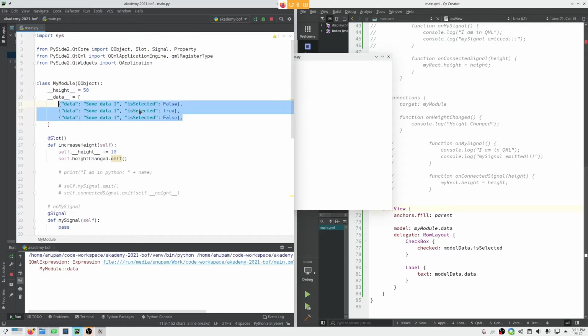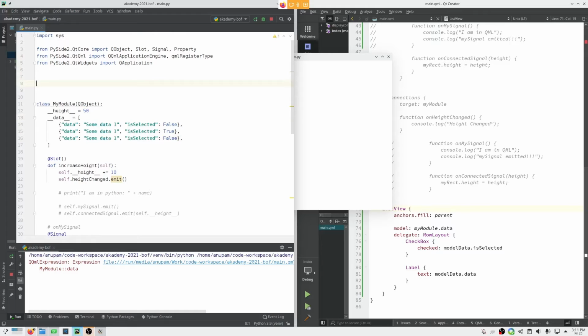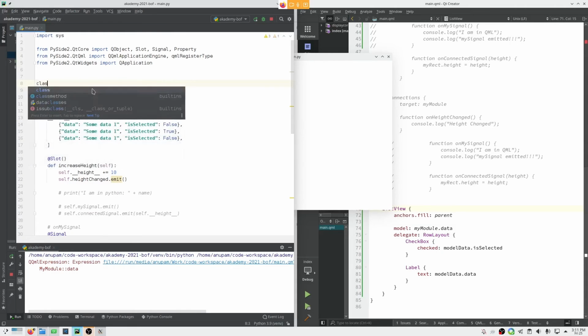Python dictionaries are fine, but the correct way would be to define a class.